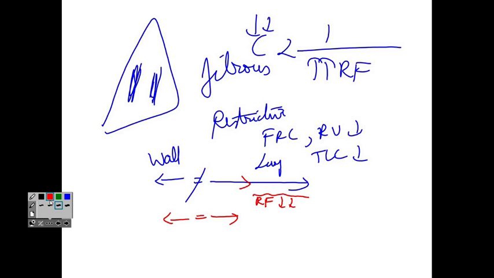Take the rubber band. Less. So when you stretch it less, the recoil also will be less. So in fibrosis, the recoiling force is high, and you want to decrease it. So you want to keep the alveoli less stretched. And what's going to help? A decreased FRC and residual volume.